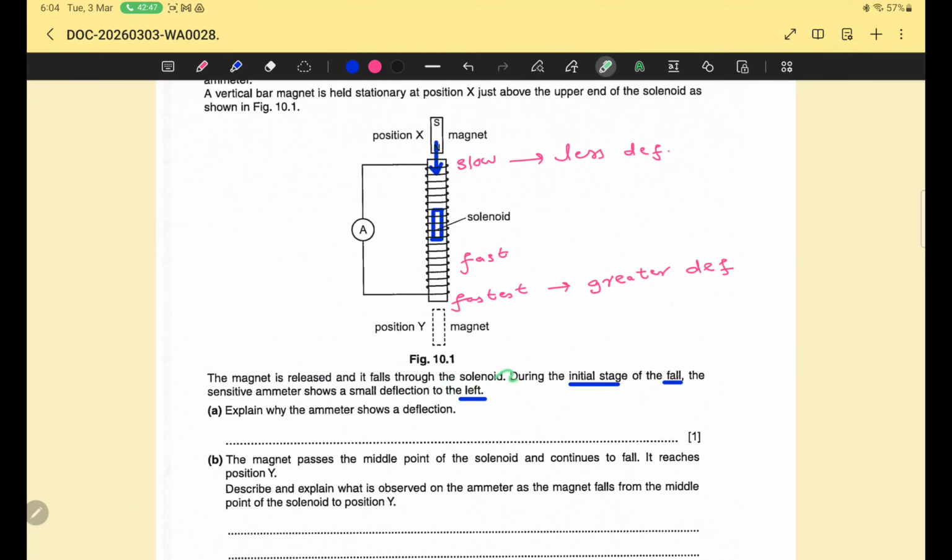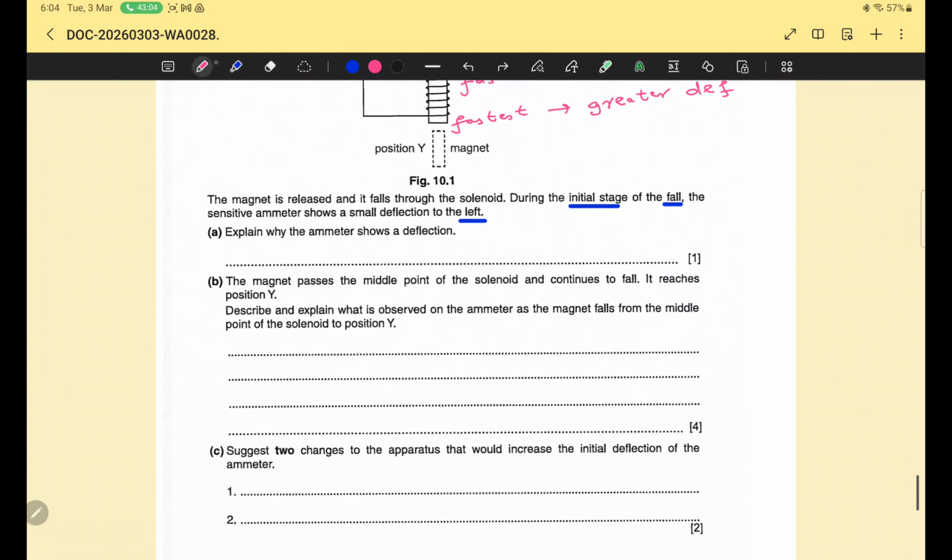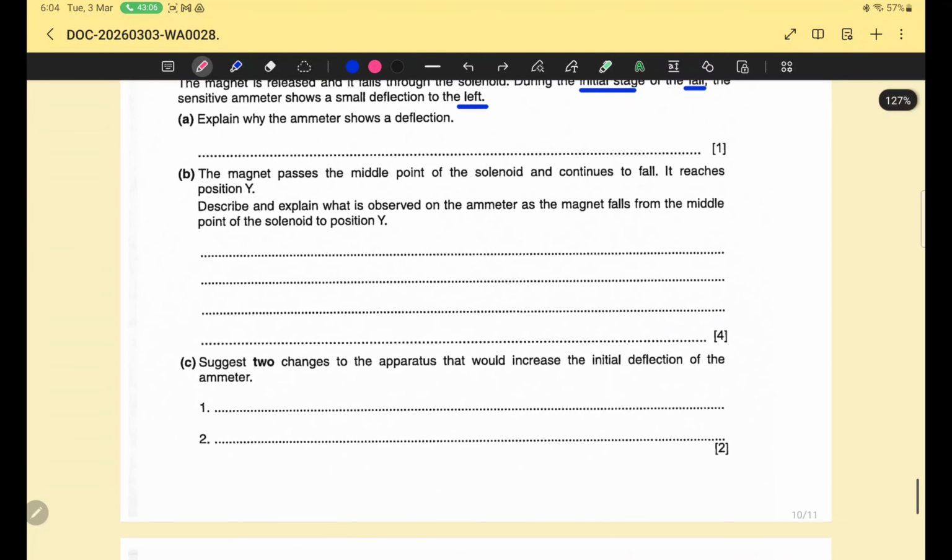Deflection towards the right. Why? Because initially it was entering the coil and now it is leaving the coil. And when it is leaving the coil, then the deflection will be reversed. So I am answering. The answer is